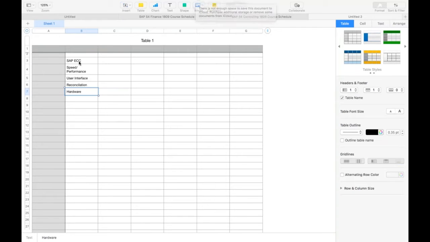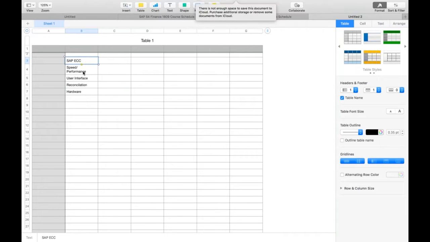So we understood that in SAP ECC, we have these challenges: the problem with the speed, the user interface, reconciliation, and we need to invest a lot of money in hardware, because SAP was only available on premise when it comes to SAP ECC till 2011. Now with SAP S4 HANA,